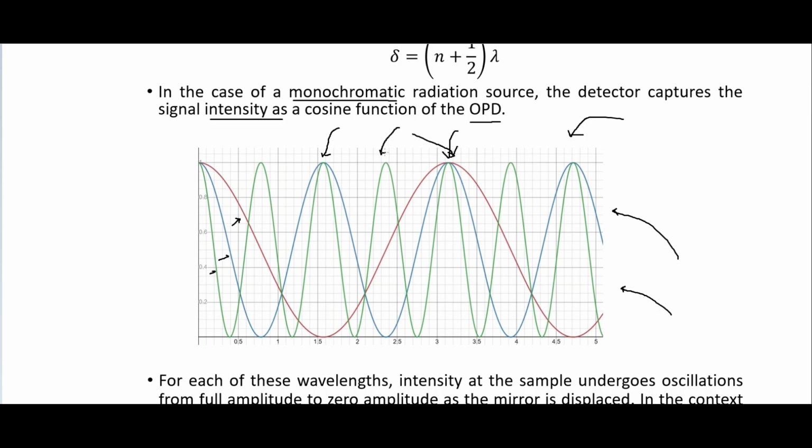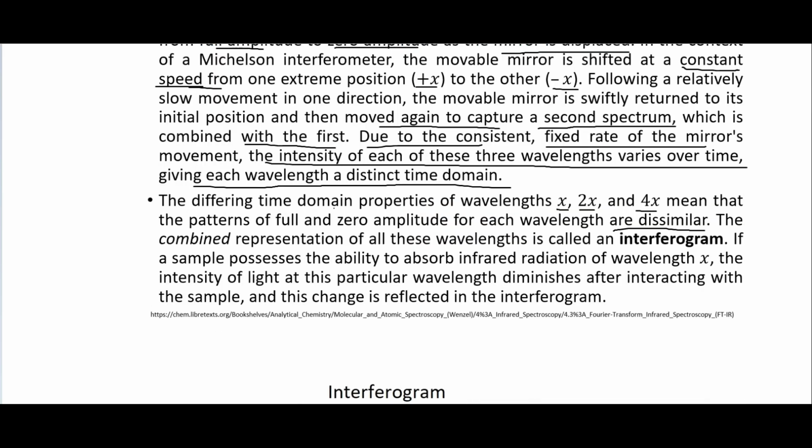Other places it's somewhere in between. Other places here we can have two constructively interfering, one destructively interfering. The combined representation of all these wavelengths is called an interferogram. If a sample possesses the ability to absorb infrared radiation of wavelength X, for instance, the intensity of light at this particular wavelength diminishes after interacting with the sample,